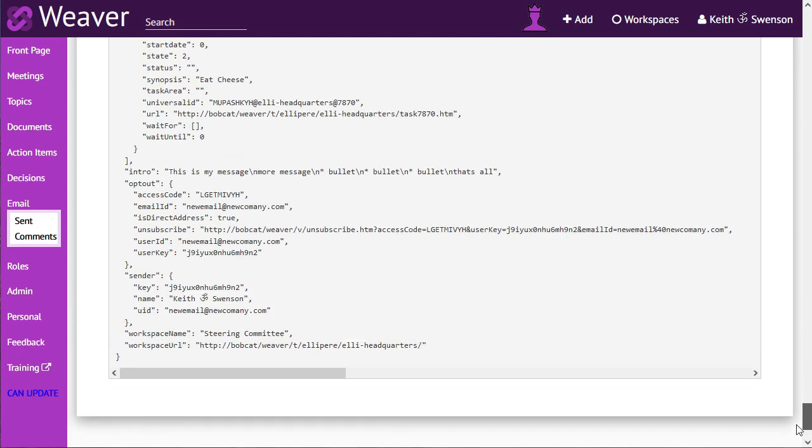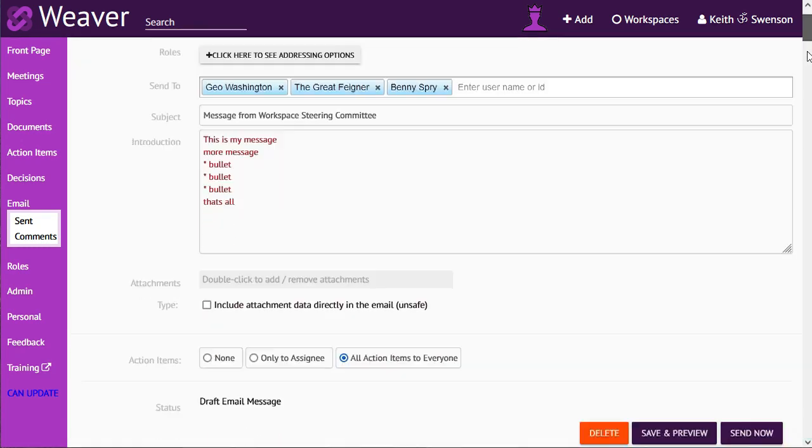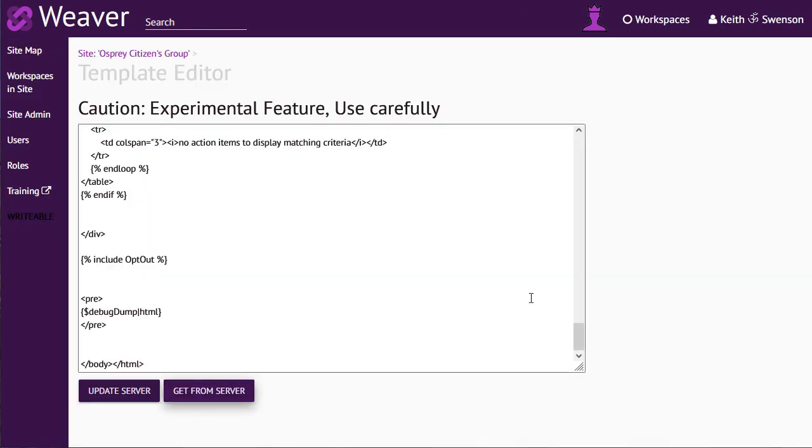That's one of the things that you can get out of there. There's other details about the workspace. Here is the text that we typed in. Remember I typed that bullet, bullet, bullet. That's it right here. Actually, opt out is a special thing having to do with the message that appears at the bottom. This is the sender who sent it. There should be a list of, here's the workspace name and the workspace URL. So all of these things are in here, and you can then display intro in the message by, if we go up here and take a look at the template editor at the top,